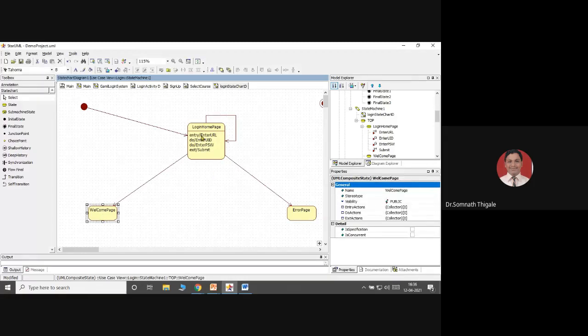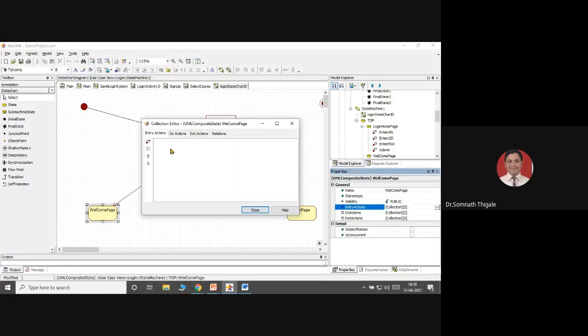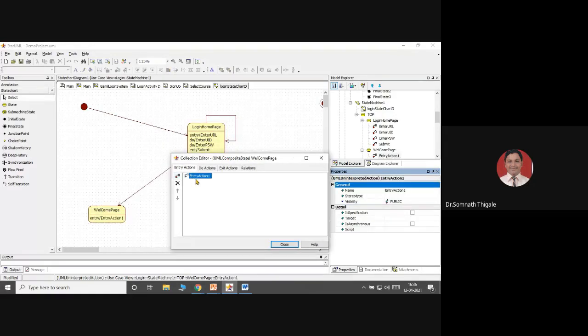Now, the way we have entered the user ID, the way we have added three types of actions, like entry actions, do actions, and exit actions, there will be the same categories for this welcome page also. So how to define this? Again, the way I have defined it. For example, do actions I will add over here so that you can perform. How will I come to this welcome page? Entry action. The simplest part is when user performs the submit button.